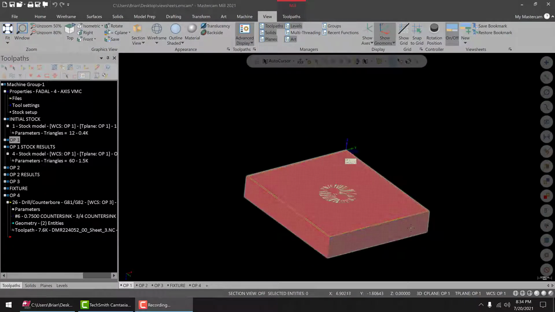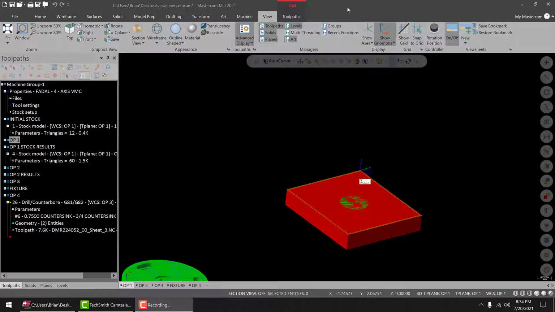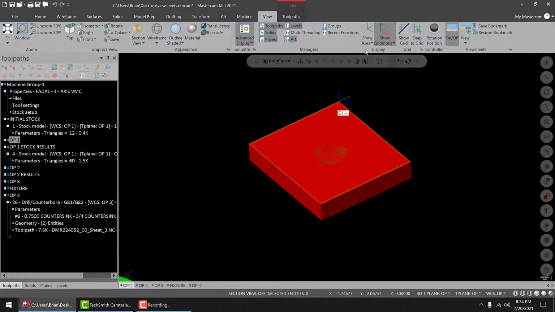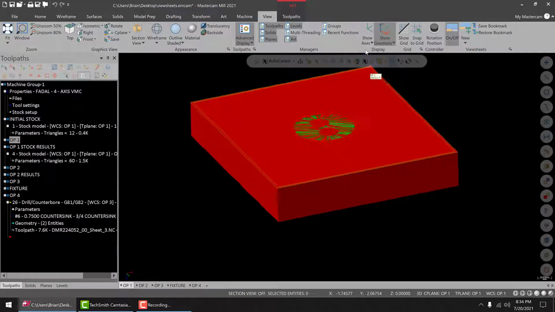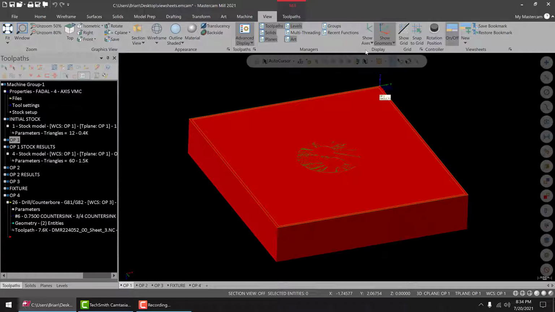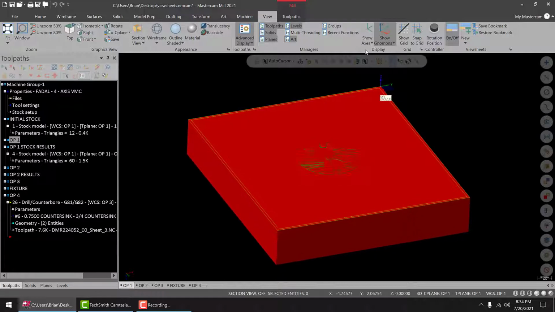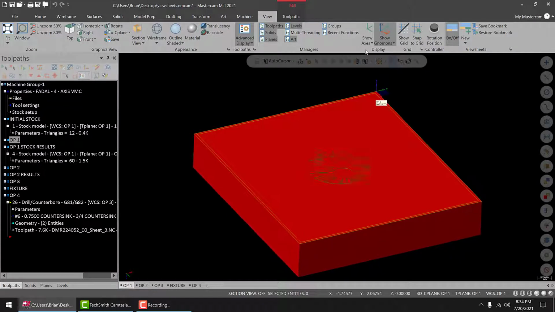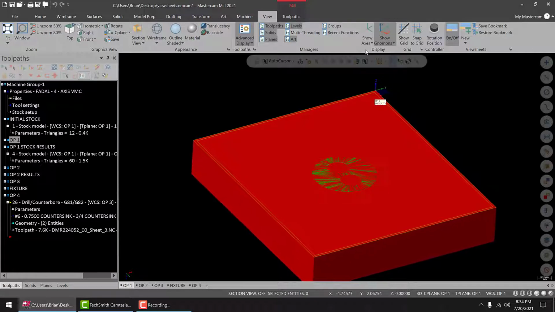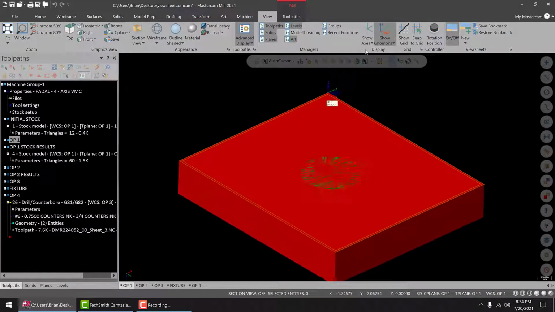Alright, so I just wanted to do a quick video on Viewsheets and what they're used for. You don't need them. They just help keep you organized, and I tend to use them when I have more than two machining operations that have different work coordinate systems. So when you're processing a part with more than two operations, what Viewsheets help you do is stay organized, and